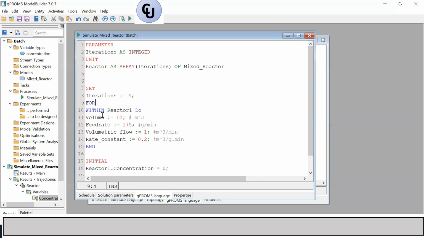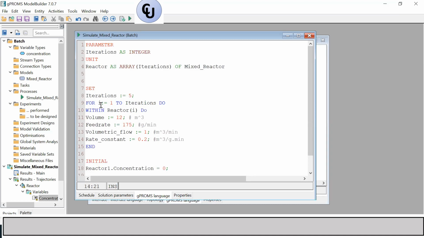So to do that, I'll use a for loop: for I := 1 to the number of iterations I have. So what do I want to do? I want to set the value of k. So that's all I want to do. So if I do I there, when I is 1, it's going to go inside the first reactor, reactor 1. What do I want to do? Change the value of the k. So how do I do this? There should be a way of doing this. The smart way of doing that is to